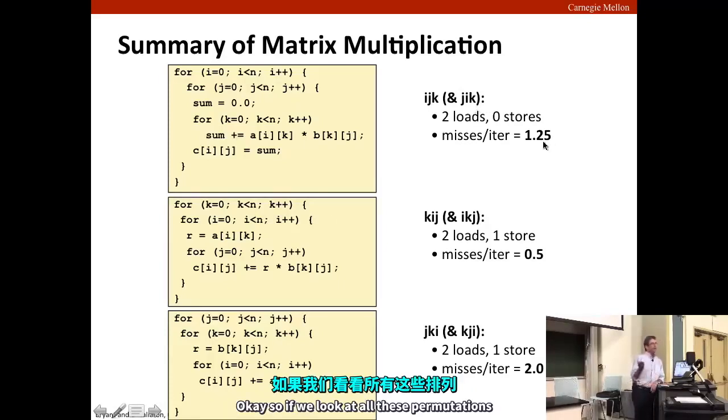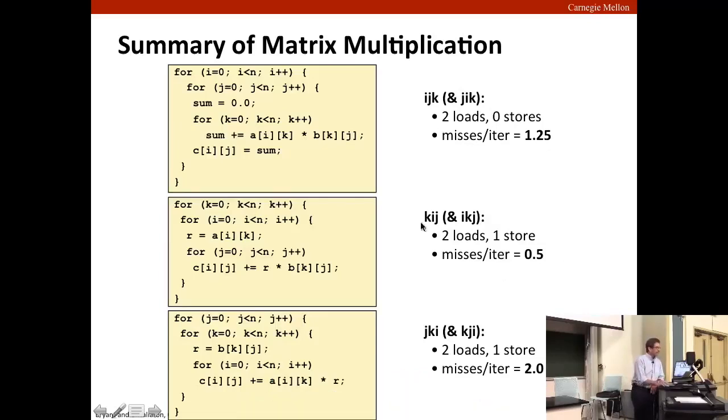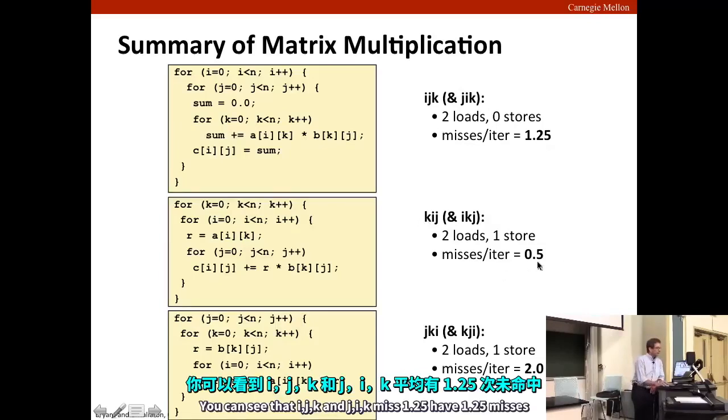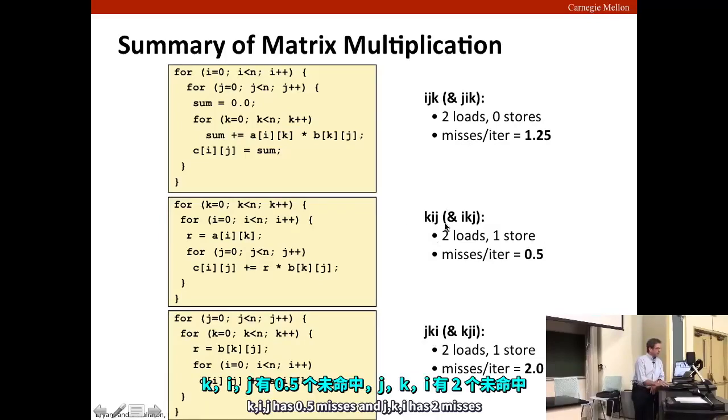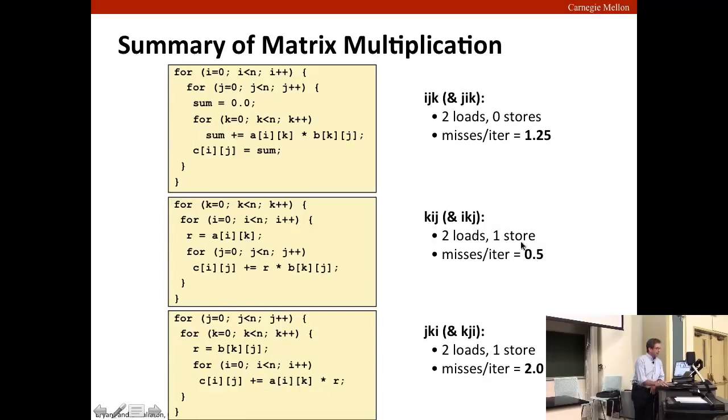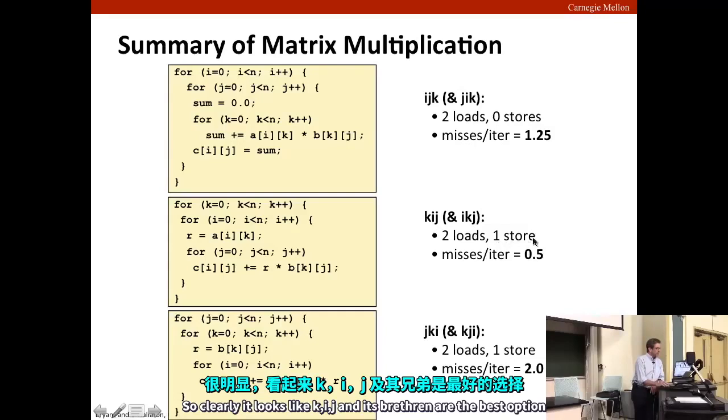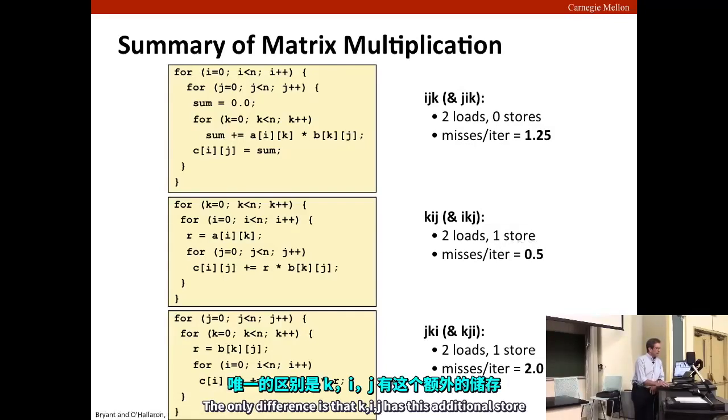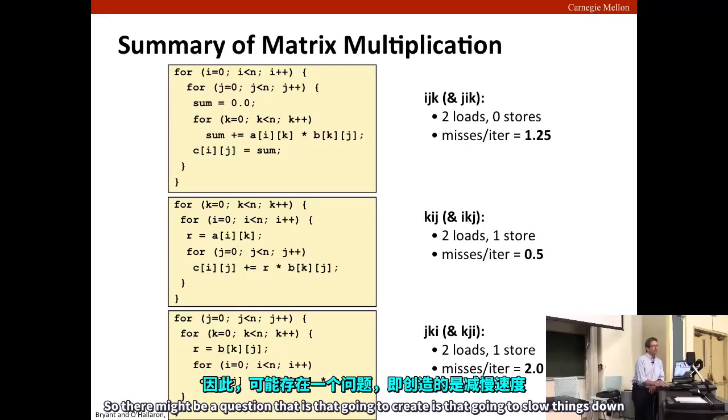If we look at all these permutations, you can see that IJK and JIK have 1.25 misses. KIJ has 0.5 misses, and JKI has 2 misses. So clearly it looks like KIJ and its brethren are the best option. The only difference is that KIJ has this additional store, so there might be a question of, is that going